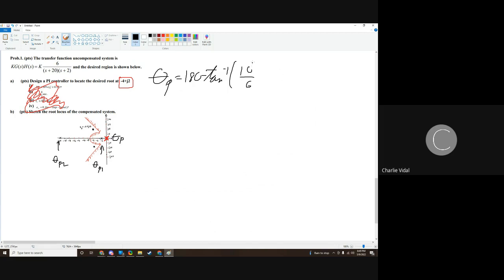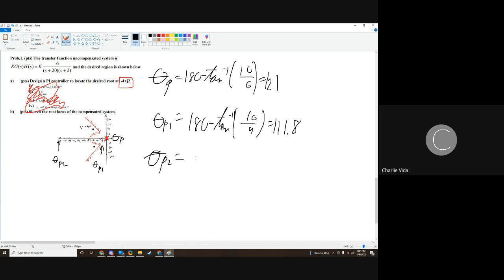And that is equal to 121. After that, you find theta p1, which is equal to 180 minus the inverse tangent of 10 divided by 4, which is equal to 111.8. Theta p2